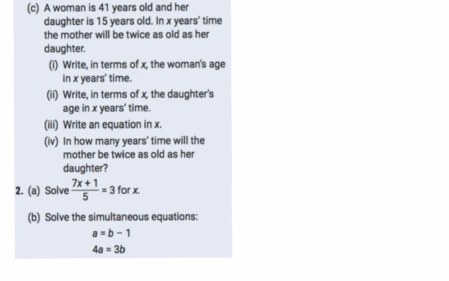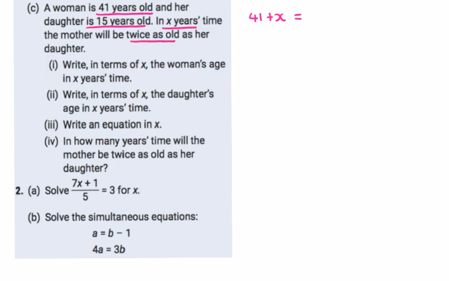Question C, we have these worded equations, which are probably the worst answered in the exam. A woman is 41 years old and her daughter is 15 years old. In x years time, so we don't know what that is, the mother will be twice as old as the daughter. So in x years time, she's 41 plus x, so it could be 10 years time, she'd be 51. She will be equal to